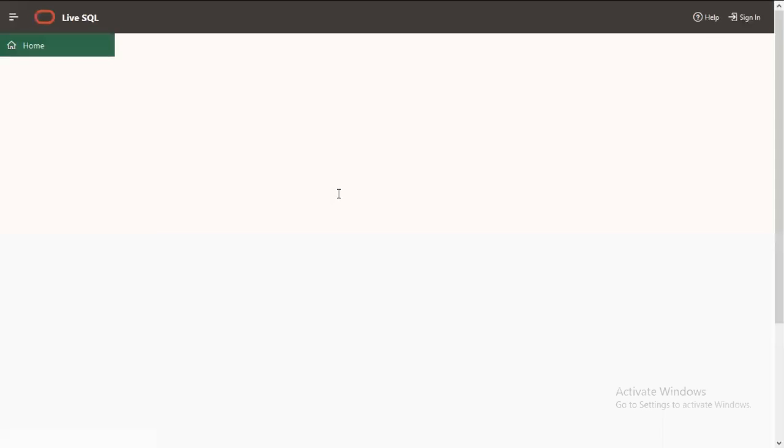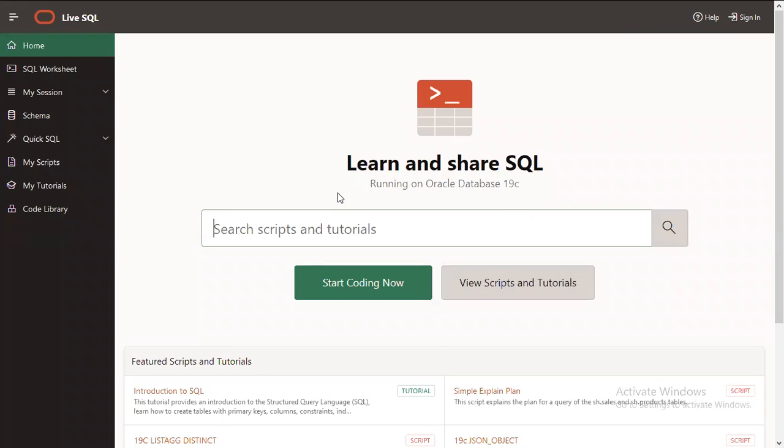This is an online database that will give you access to run your queries whenever you want from wherever you want. You will be able to practice all the queries, all the transactions that we do, based on which you can run all your transactions on the database and learn how it is to be done.